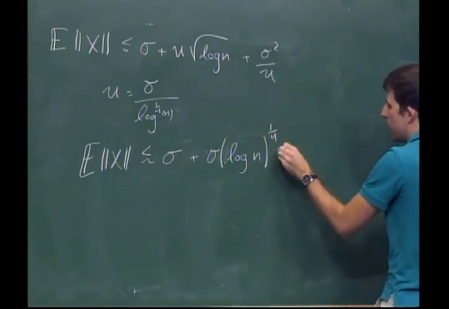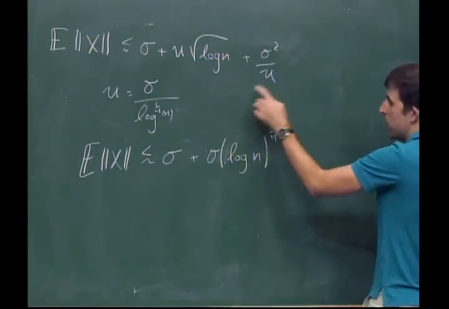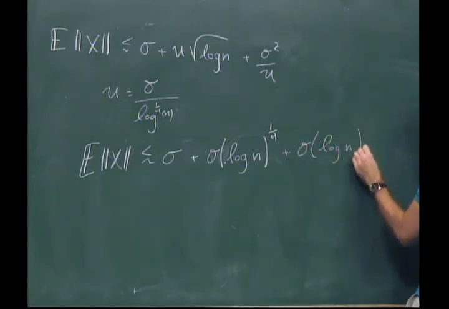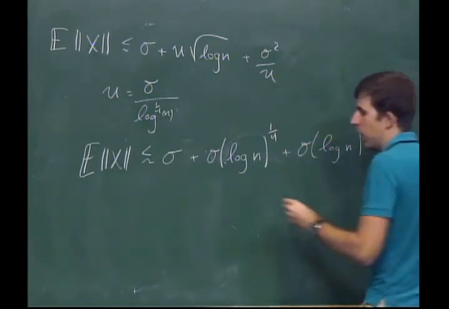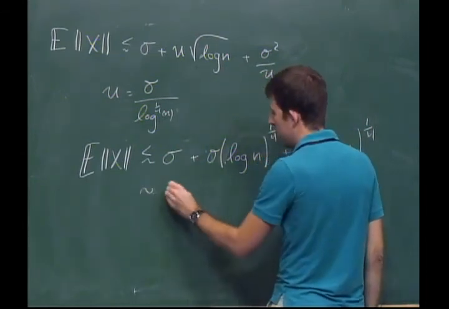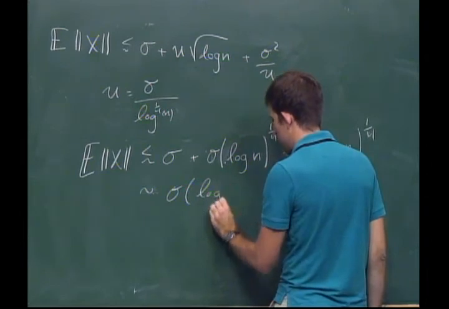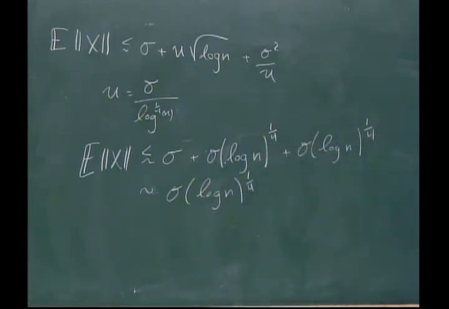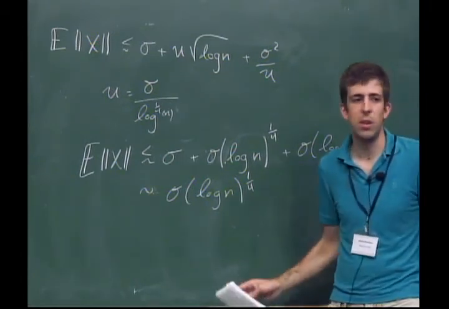One of the sigmas goes away with that one, and you get the log to the 1/4, so you get exactly sigma log to the 1/4. Okay, so you recover exactly Seginer's result, and I think now it's completely transparent where the log n to the